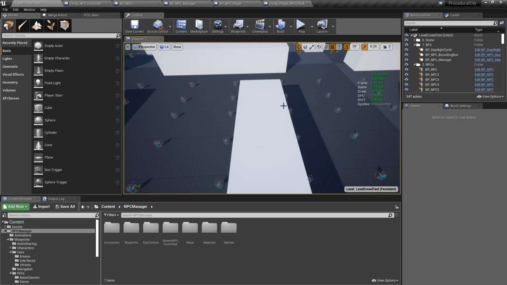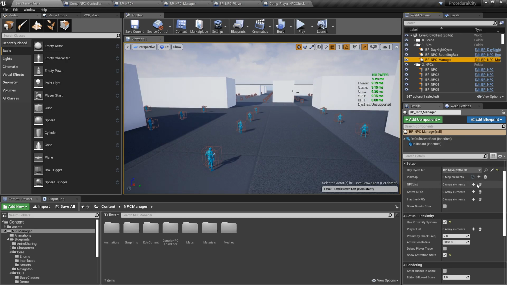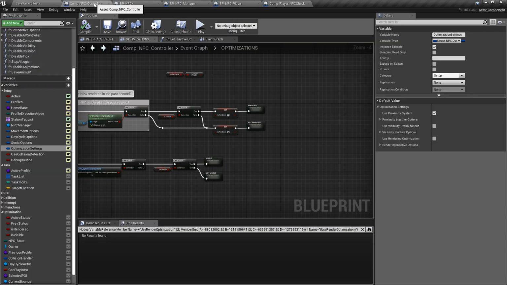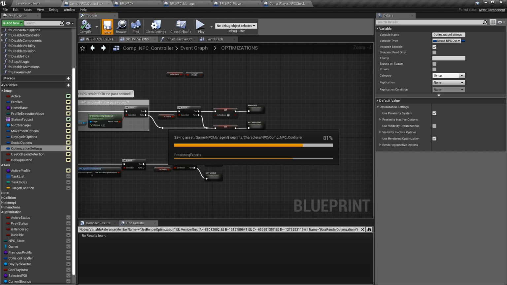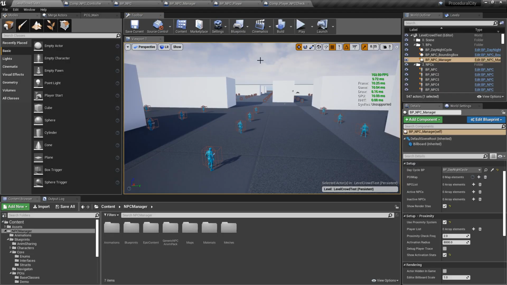So I have another system which is using the rendering system, which is basically a node called "was recently rendered," I think it's called. So what I'm going to do is show render stats here, and I'm going to activate use rendering optimizations. This basically looks at what is visible through the player's camera, and anything that's outside of what is called the view frustum of the camera is automatically going to be disabled,